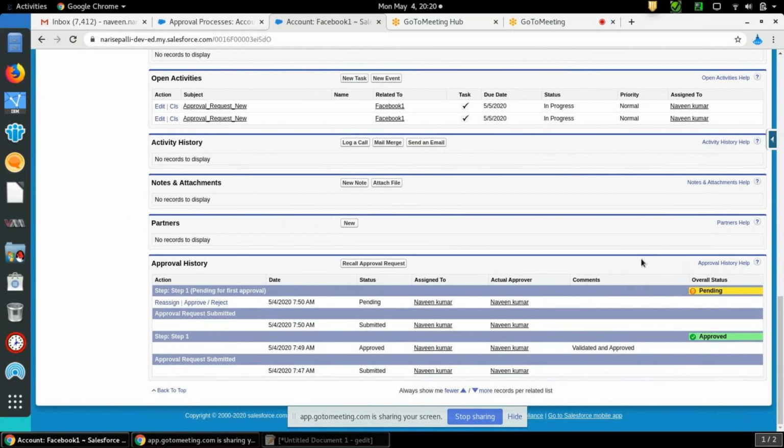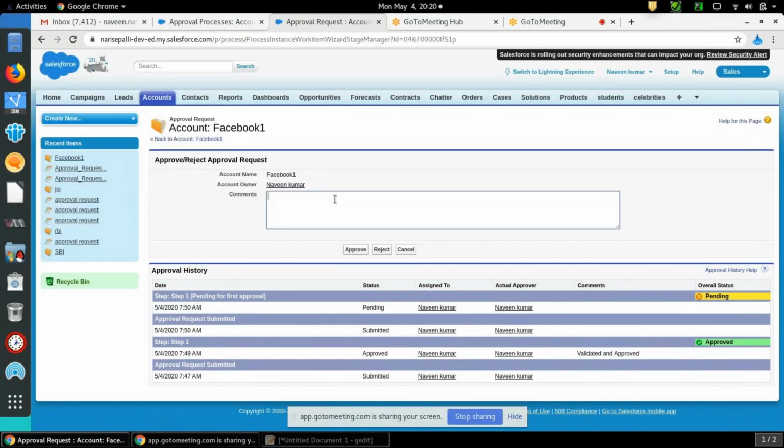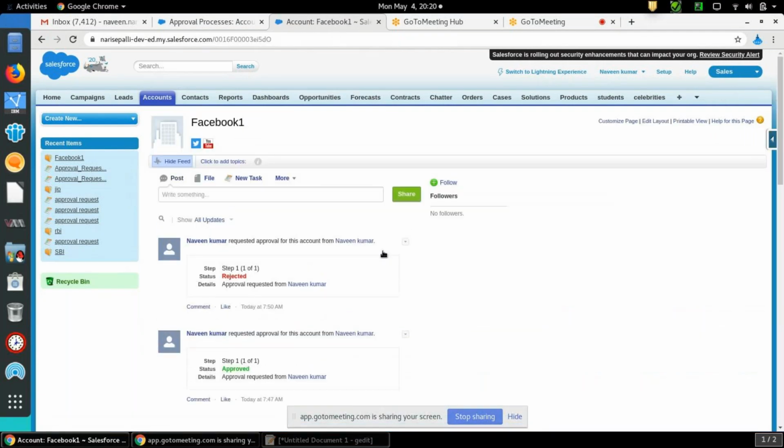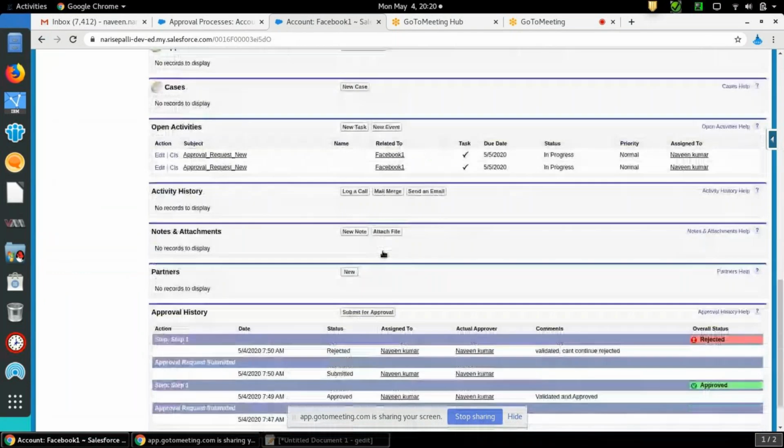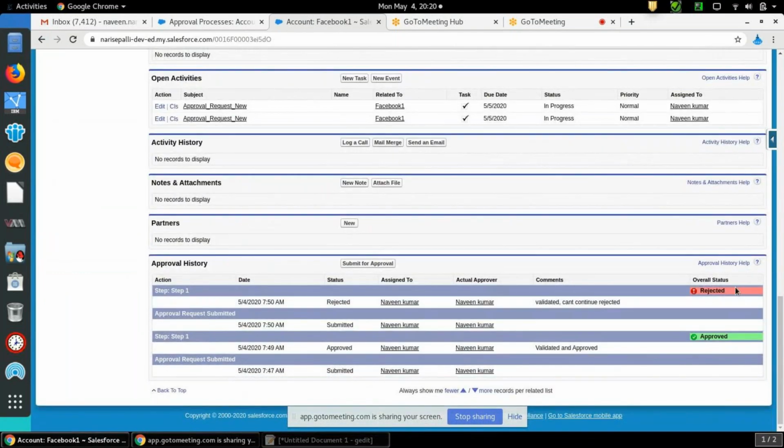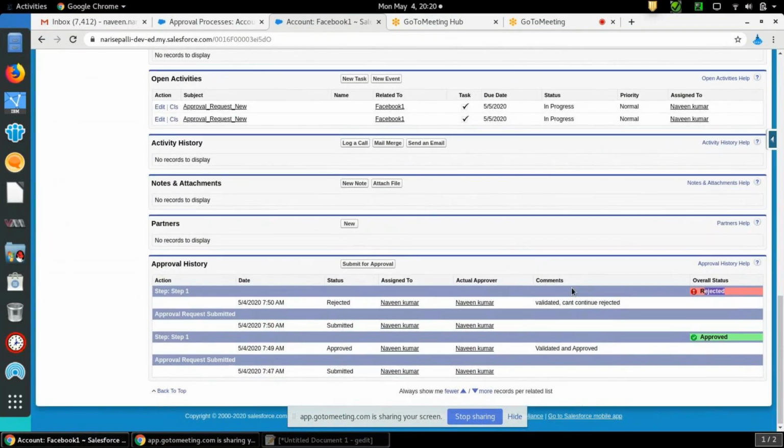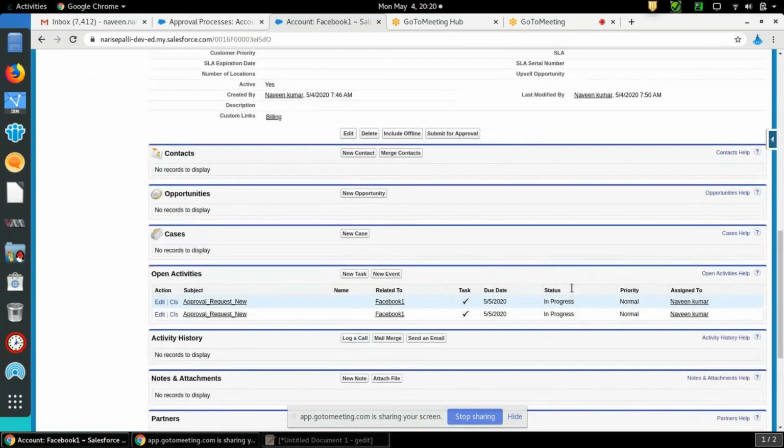So what will you do this time? I will reject it. Can't continue. Rejected. So I have rejected this request. Can you see Rejected? So what should the Type field be now? It should be Prospect.